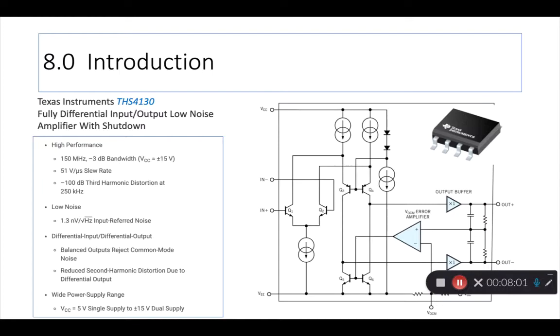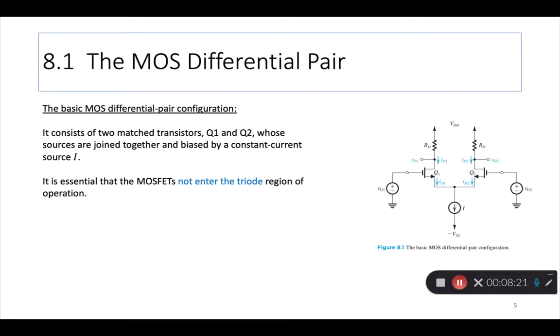So I just wanted to show you what a real differential circuit looks like. There's a lot more complexity here than we're going to study, but if you understand the basic principles of a differential pair, how they are connected, why we have current sources, that should be good enough for now. Okay. All right. So let's proceed